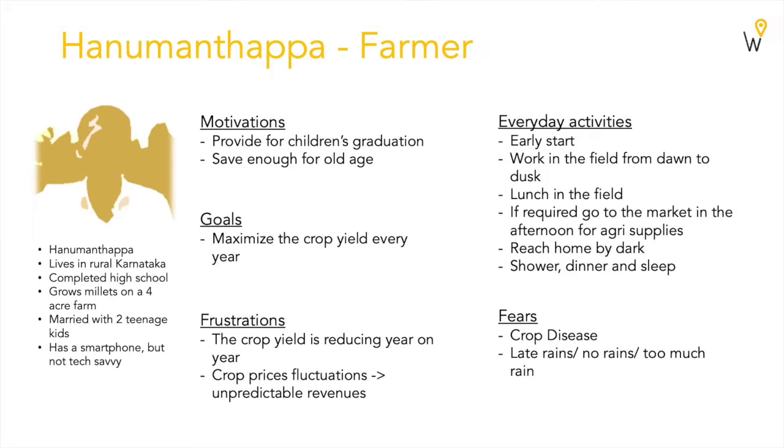So, for example, if you're working on a product that will give data to a farmer, which will help them better time their harvests, you want to use the picture of a farmer and give him a name like, let's say, Hanumantappa. Right? That's the name of our gardener. And don't get me wrong, I'm not saying that all Hanumantappas out there are farmers or gardeners, but you want to try and give a representative name so that people can actually relate to this person.